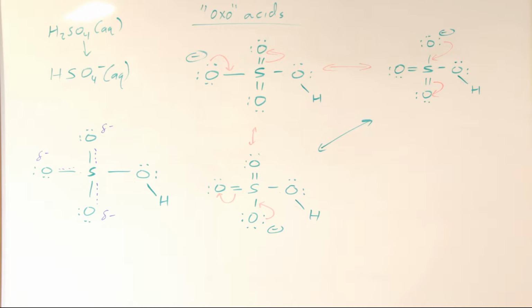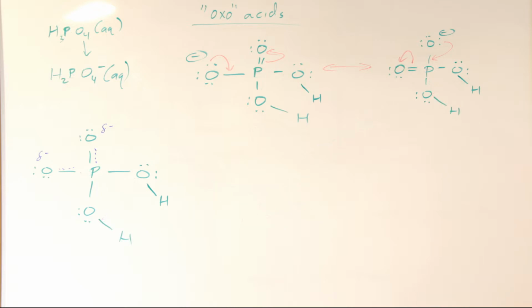So over 3 oxygens. So statistically, that means that each of those oxygens is taking about 1/3 of a negative charge, as opposed to 1/4 or 25% of one in the perchlorate ion. If we take that a step further to phosphoric, well, now 2 of those oxygens are tied up because originally there were 3, and we're only going to talk about losing 1 of the H's. So only 1 of those 4 oxygens in phosphoric acid